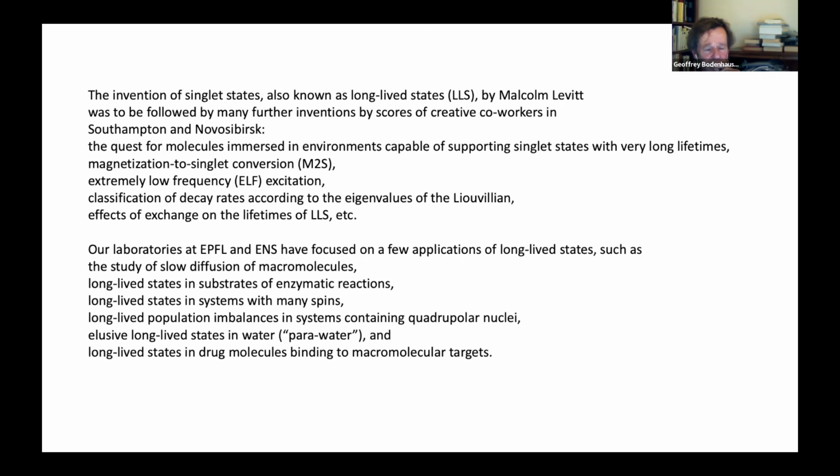We did look in some detail at water trapped in, like in gypsum, but in our case, we used a salt that we borrowed from Bob Griffin, or rather inspired by his papers, which is barium chlorate hydrate. And the hydrate molecules are very isolated, and so you can study them very nicely, like in George Pake's work. And we looked at the T1, and we found that the T1s are very anisotropic, but we could not generate a population distribution that would have a longer lifetime than the longest T1 in these anisotropic powders.